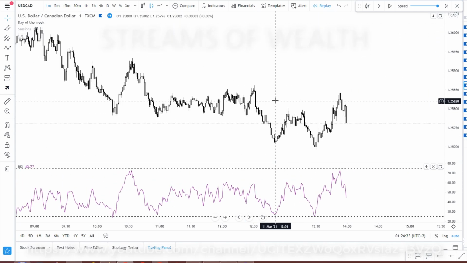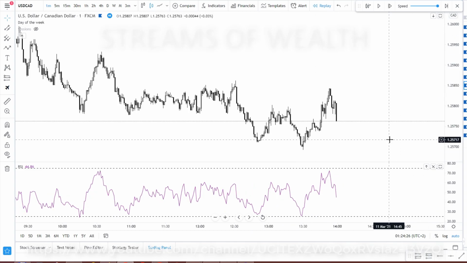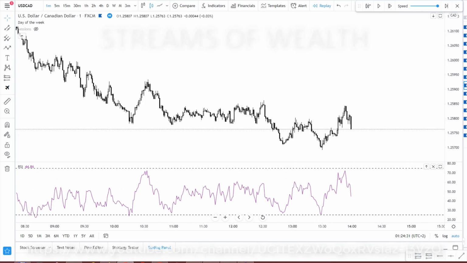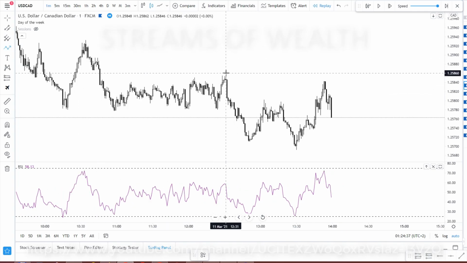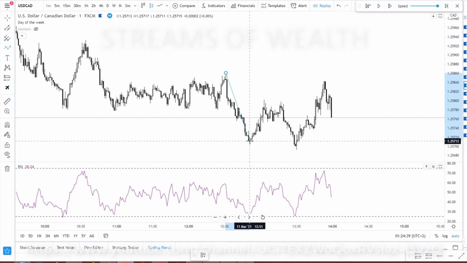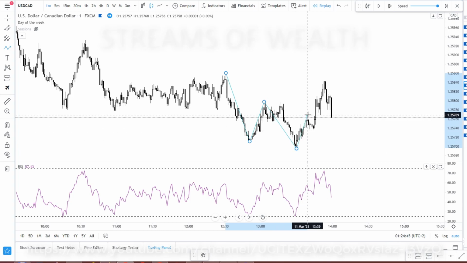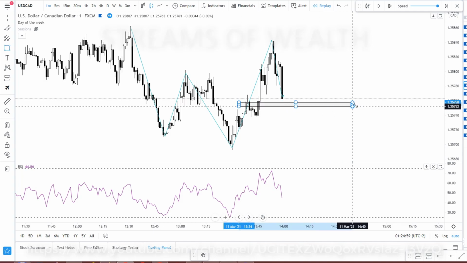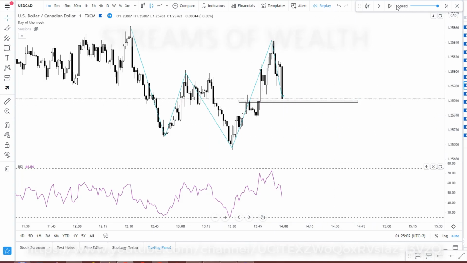So what we are doing now is we are simply waiting for market structure. So what do we have? You can use this path tool on TradingView to help you mark it. We have lower lows, lower highs, lower lows, and now we break it and we have higher highs. So now we have a nice break of the market structure, and we are waiting for a retest, for example, of this structure. That would be good if we now get some rejection,